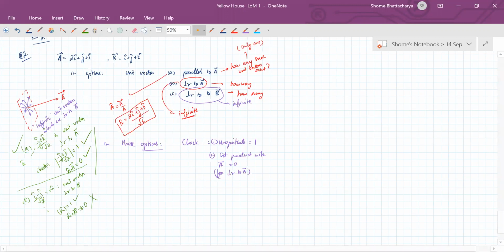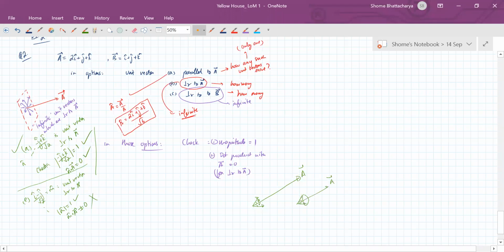If you talk about any theta, you have to just draw a plane such that, yes, theta equal to 0 or theta equal to 180 is a special condition. Otherwise, if I say a unit vector is at some angle theta to A, where theta is not 0 or 180, then you need to think of it like this: suppose this is vector A. In the two-dimensional diagram, you can draw two such unit vectors which are at theta. So in 3D, it will be like a cone, where vector A is along the axis of the cone.